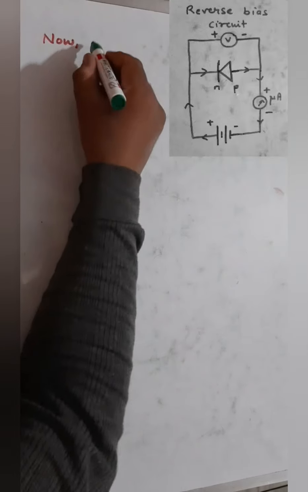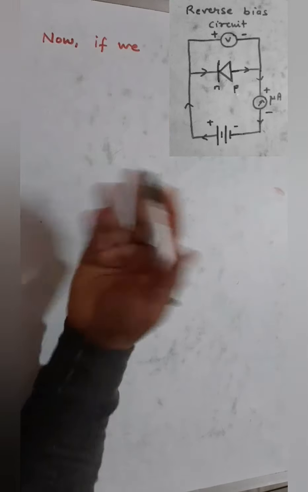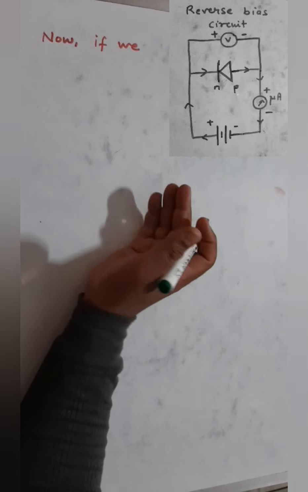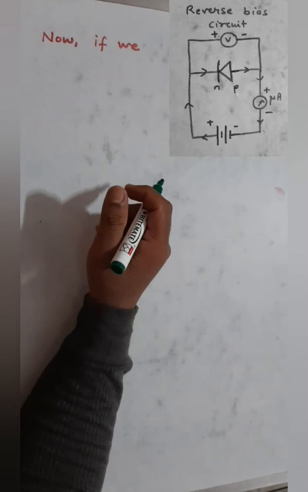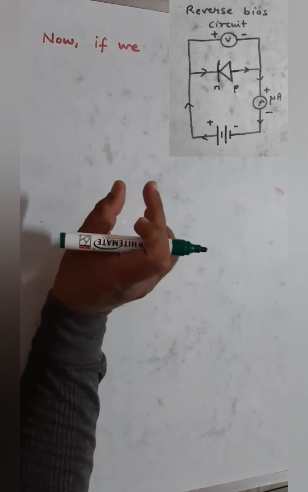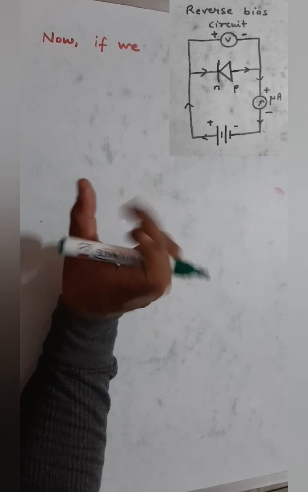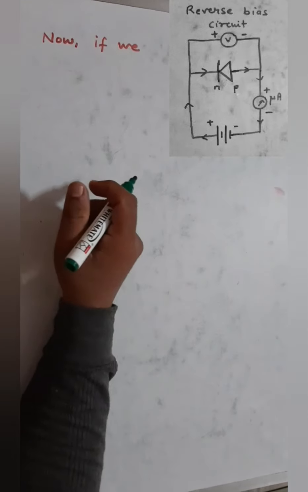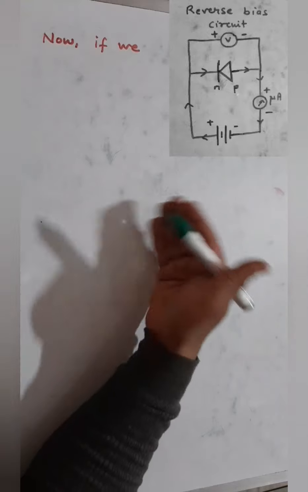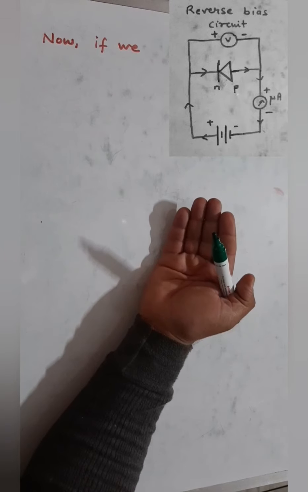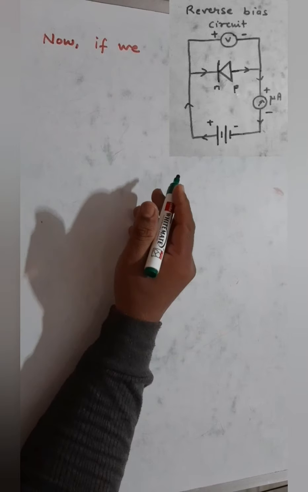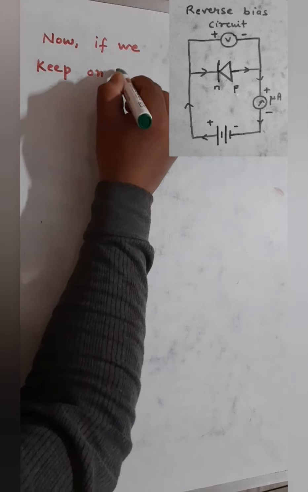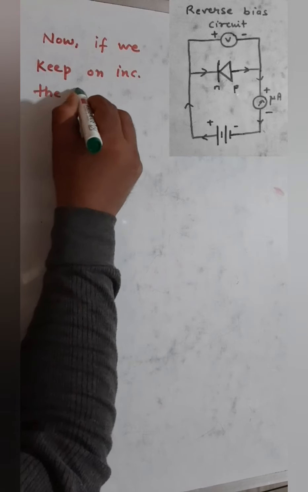Now if we keep on increasing this reverse voltage, as I discussed in the previous section what happens on reverse biasing the diode, all the holes and electrons are pulled back by the negative and positive polarities, and your depletion region keeps on increasing. So when the applied voltage has taken out all the charge carriers in the diode, still if we keep on increasing the voltage, the circuit is not being completed, so there is no flow of current. If we keep on increasing the reverse voltage,